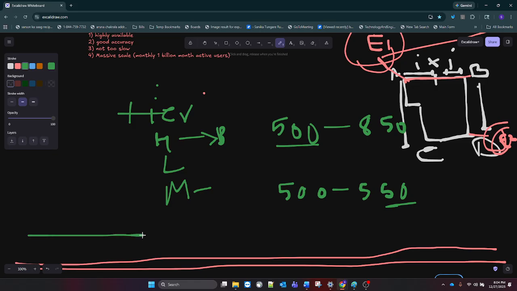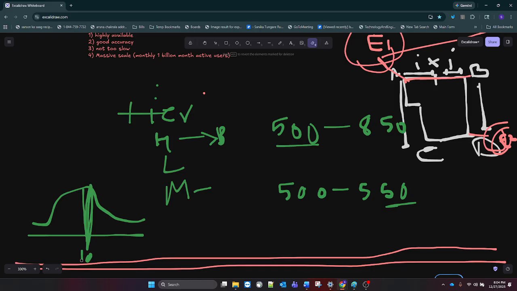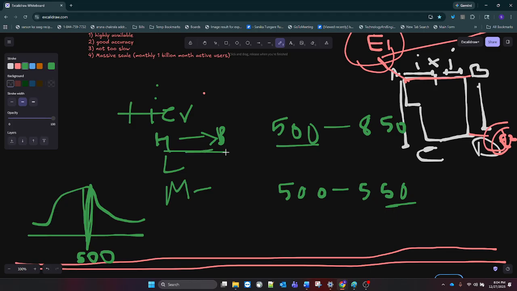If you see the bell curve of the traffic, suppose this is a bell curve, and here is the standard time where that person is reaching every time within 500 seconds. Now, because there was high traffic, it increased the time to 850. Here we can add a threshold, so that whenever it increases by more than 30%, and here we see it has increased by more than 70 to 80%,